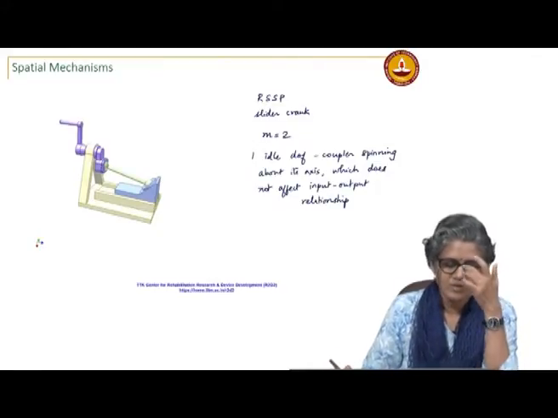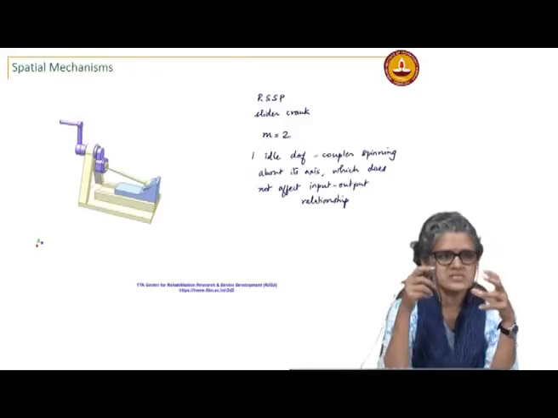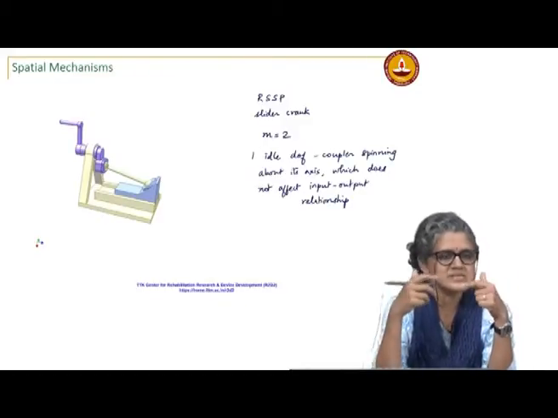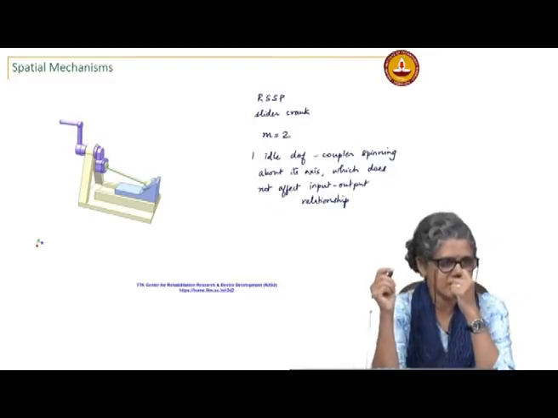You will find in many cases where you have two spherical joints in series, it is likely that you will have an idle degree of freedom,